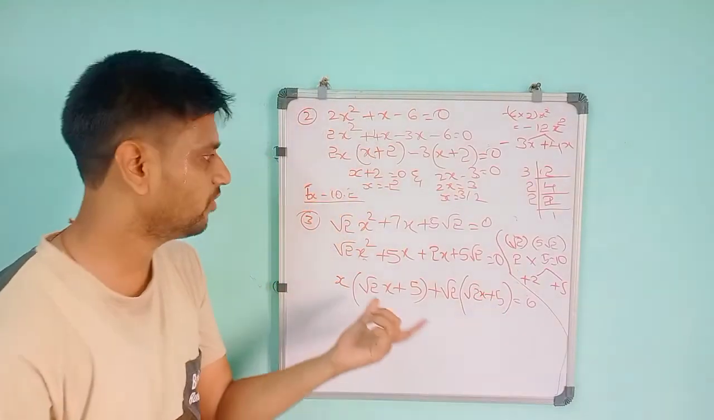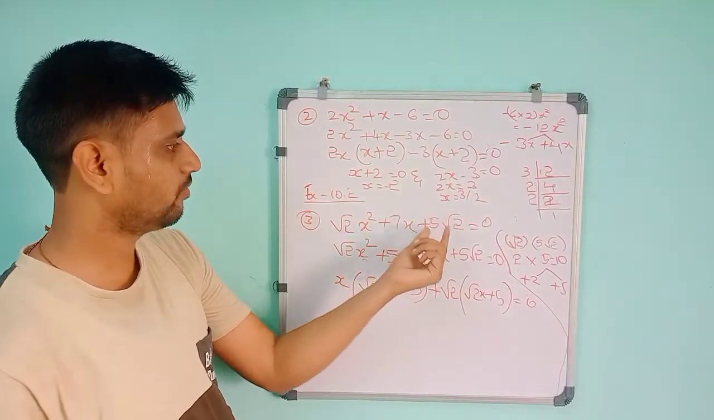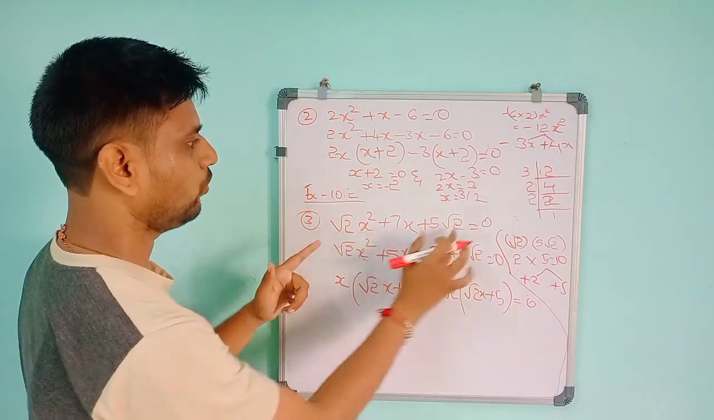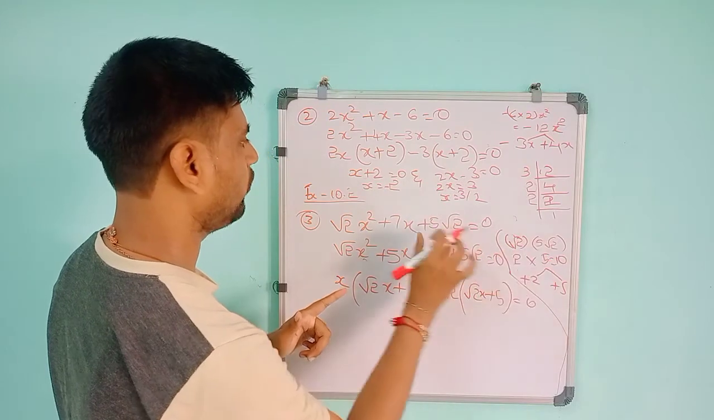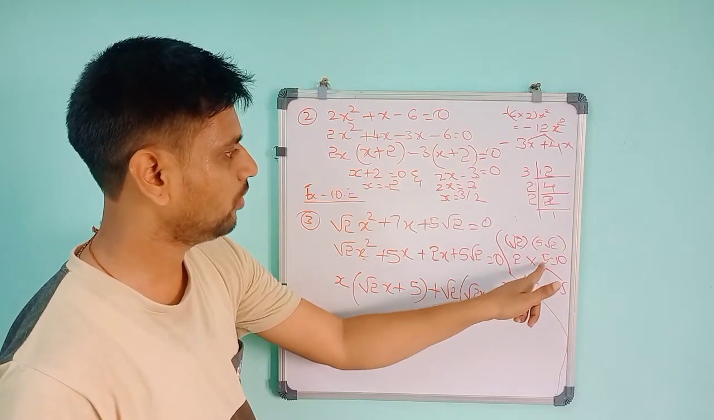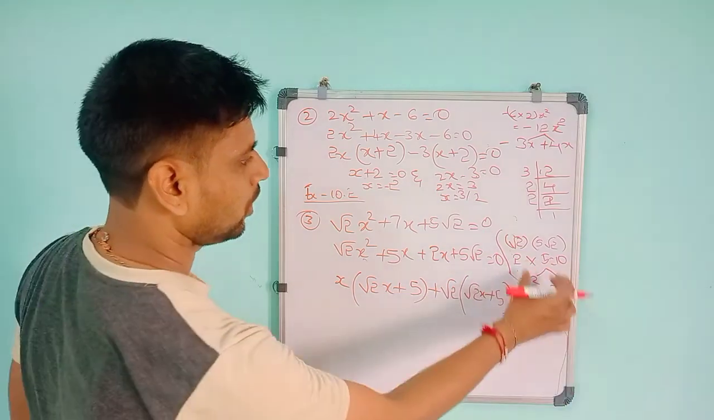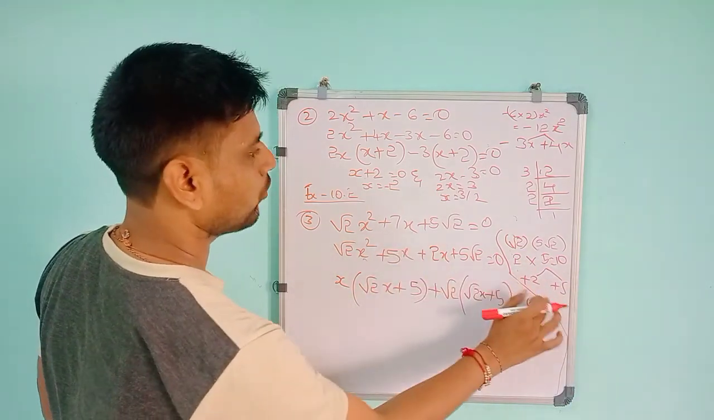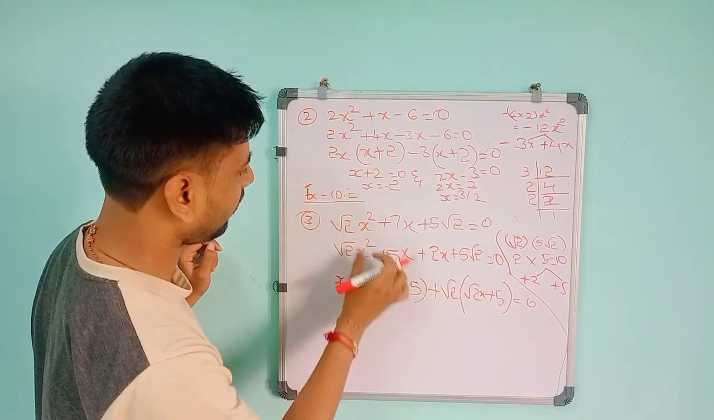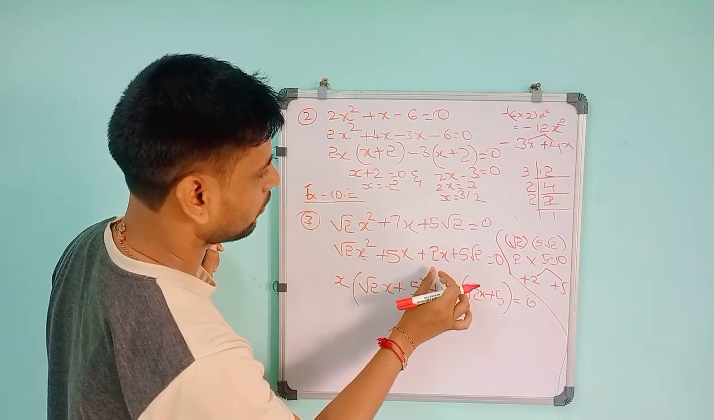Again I will repeat this one. Root 2 h square plus 7h plus 5 root 2 is equal to 0. So first you have to multiply these two numbers, root 2 into root 2 and into 5. So it will become root 2 into root 2 is nothing but 2 and 2 into 5 is equal to 10. So you can split this one 2 into 5. So 2 plus 5 is 7 and 2 into 5 is 10. So if you write this one, root 2 as it is, h square as it is, plus 5x plus 2x